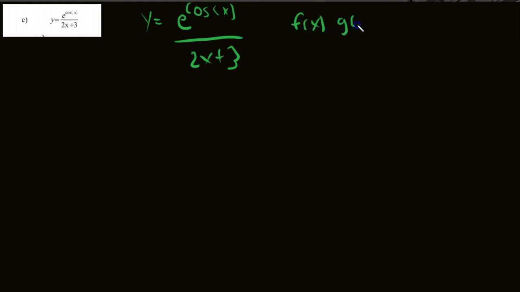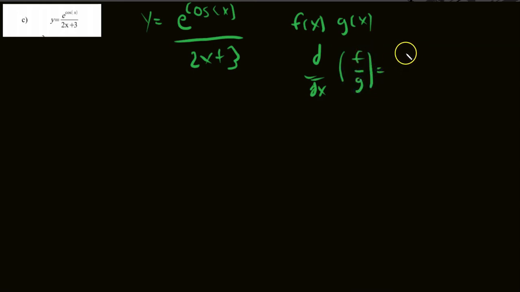But we have two more problems here for this question, and again, find y prime of the following expression. y is equal to e to the power of cosine x over 2x plus 3. So you see that this is a quotient, division. So we're going to have to use the quotient rule, which is that if you have a function f of x and a function g of x, the derivative of f of x over g of x